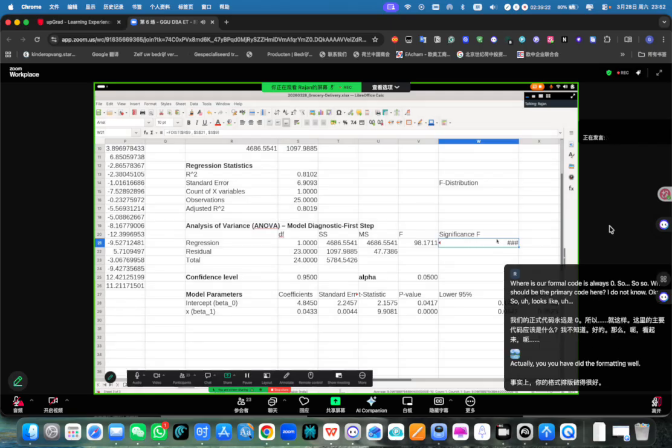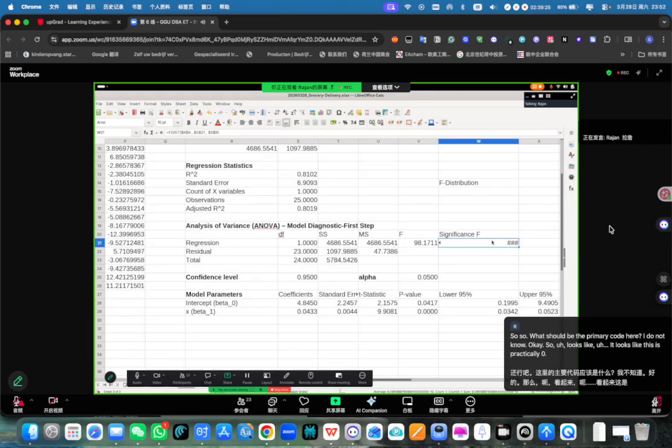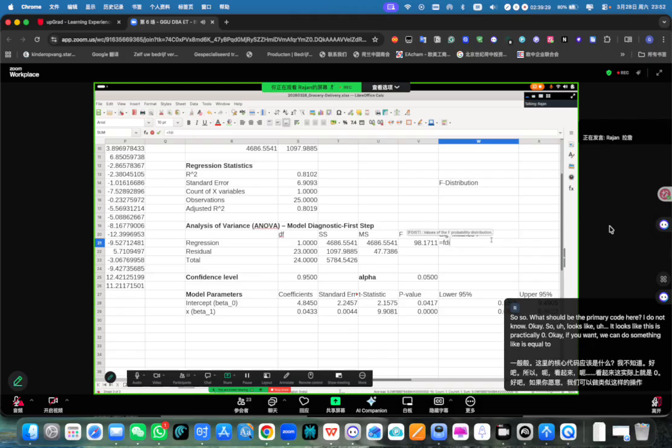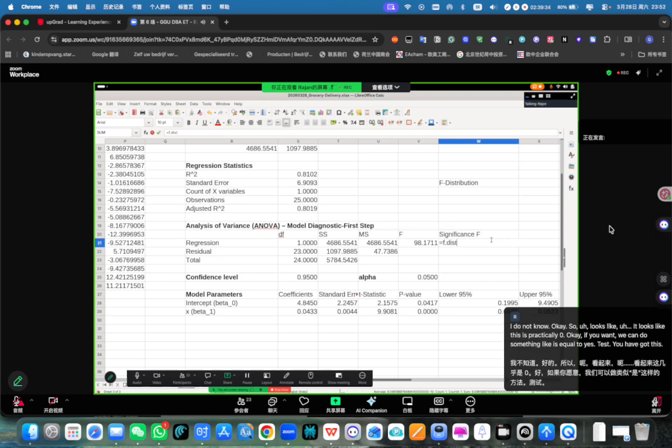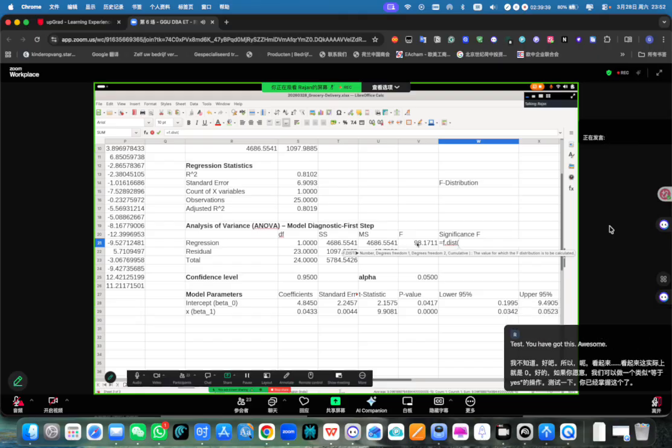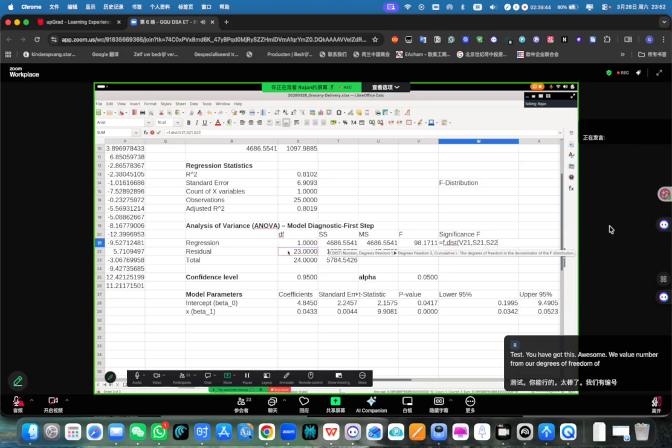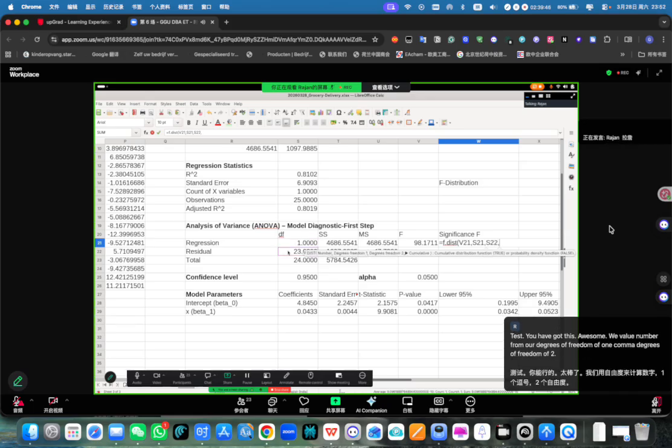Okay, so looks like this is practically zero. If you want, we can do something like equal to F.DIST of the value, comma, degrees of freedom 1, comma, degrees of freedom 2, comma TRUE. Okay, so let us say